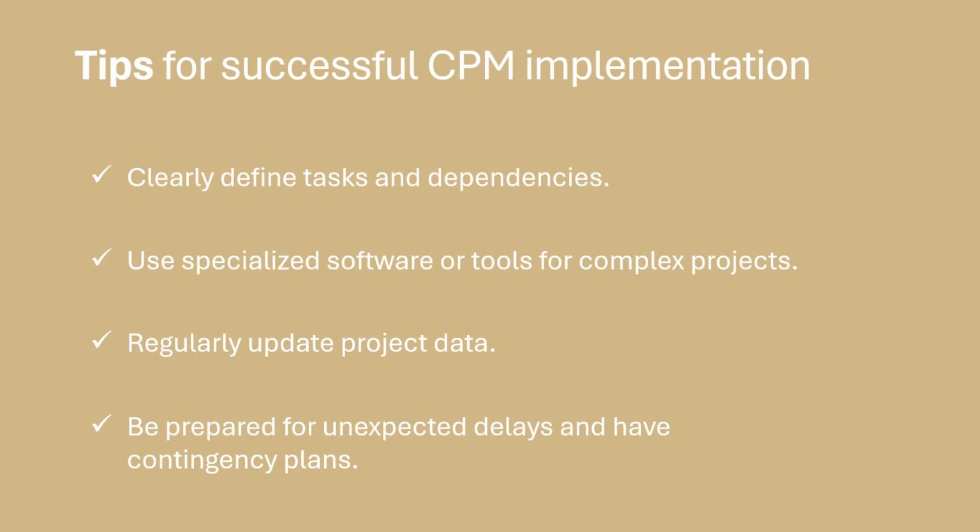Prepare for unexpected delays and contingency plans. Projects often encounter unexpected delays or challenges. To mitigate their impact, develop contingency plans for critical tasks along the critical path. Having backup strategies in place can help you address disruptions promptly and keep your project on track. By following these tips, you'll be better equipped to implement CPM effectively, enabling you to manage and execute your projects